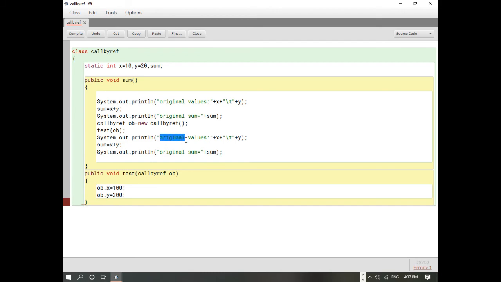and here we can write values after calling function. So these x and y values will be printed over here, and here again the sum is calculated, and here we can print what the value of sum will be after calling the function.